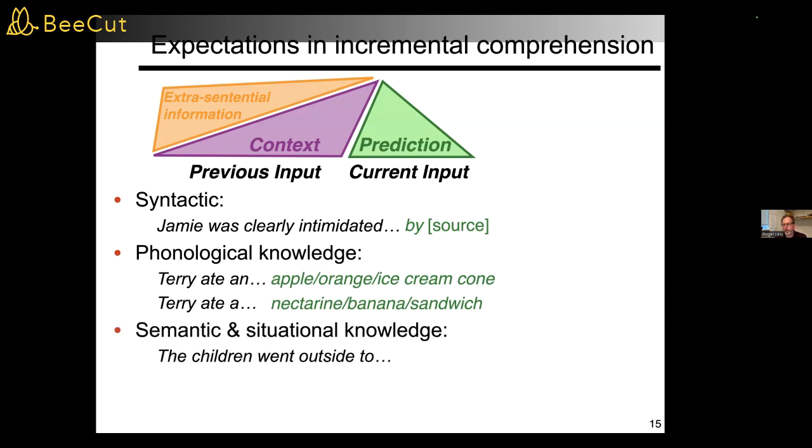And then there's more generic situational semantic knowledge that seems to play a crucial role everywhere in prediction. So for example, in the context of "the children went outside to," everybody, it's obvious that the next word is going to be "play." And in the context of "the squirrel stored some nuts in," it's obvious that the next word is "statue." No, it's not. The next word is "tree."